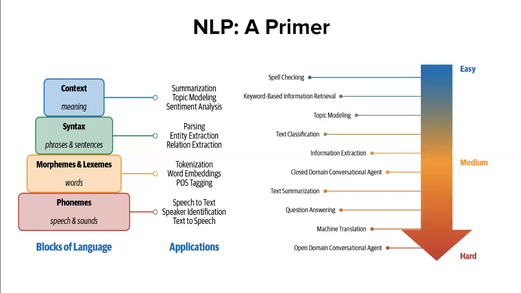At the same time, we also try to categorize different NLP applications in terms of easy to hard problems to solve. For example, spell checking is a relatively easy problem to solve compared to machine translation. So we introduced this figure early on in the book just to give a perspective on the range of NLP problems that are out there, and scenarios that we may encounter when we are working in an industry setup.